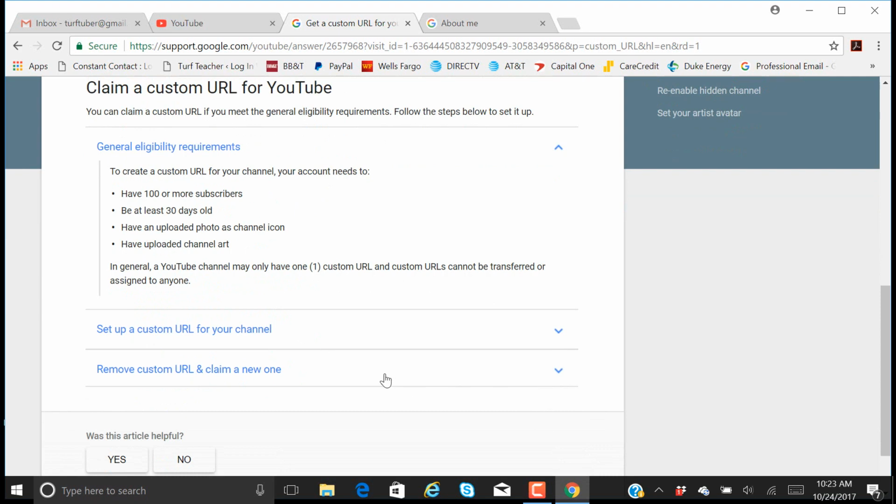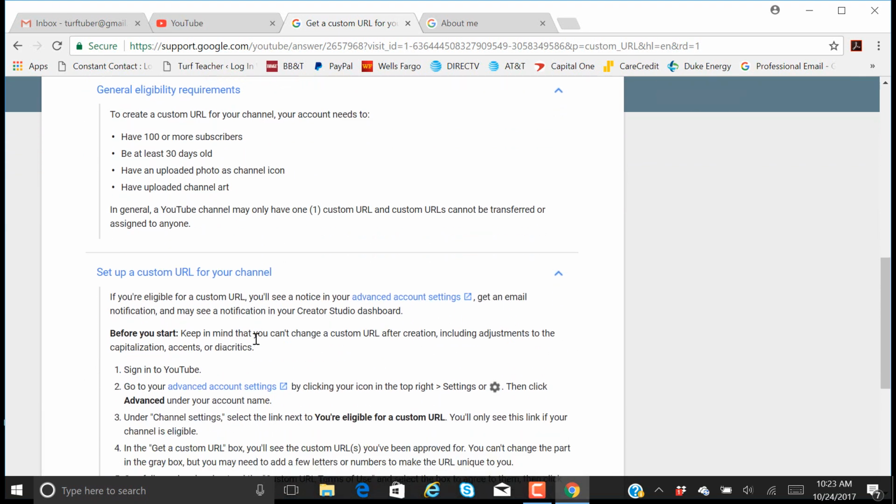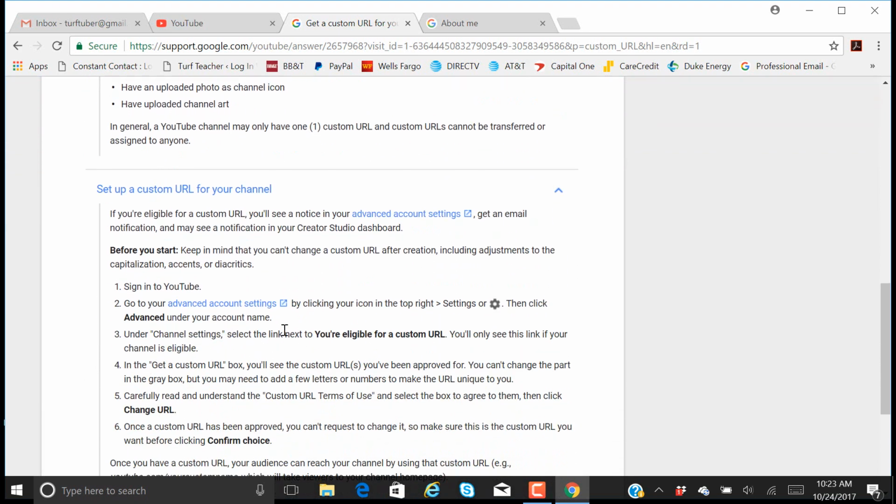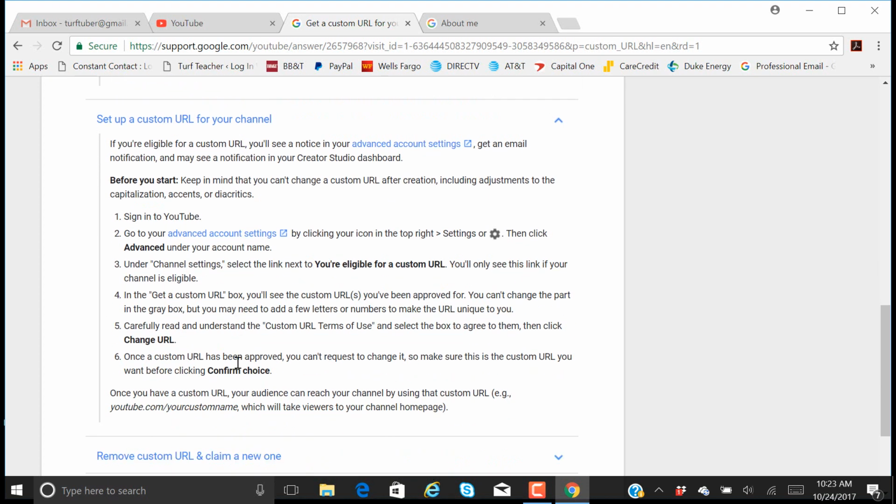And in general, a YouTube channel may only have one custom URL, and they cannot be transferred or assigned to anyone else. So to set it up for your channel, you'd sign into YouTube, go back to advanced account settings where we are. Under channel settings, click the link, you're eligible for a custom URL. You'll only see this link if your channel is eligible. And in the get a custom URL box,